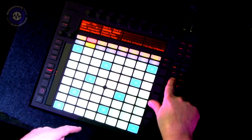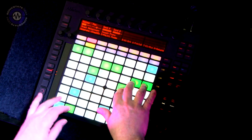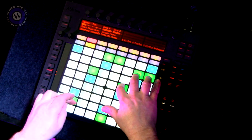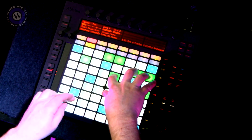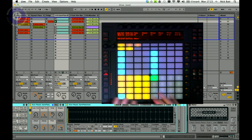I can also use the repeat button to good effect. I'm on 16s here, just a piano, and I'm using the pressure to create a sort of rhythm effect. So just using the repeat function there, I can play some things that I would find very difficult to play on a regular keyboard. So if I now come into drum mode, what we've got here is a layout that